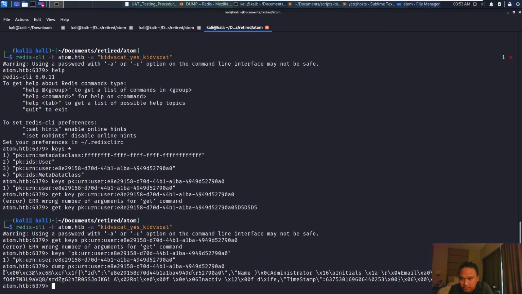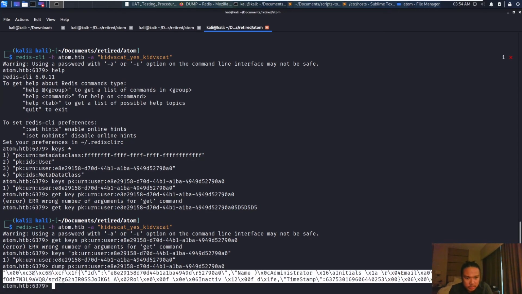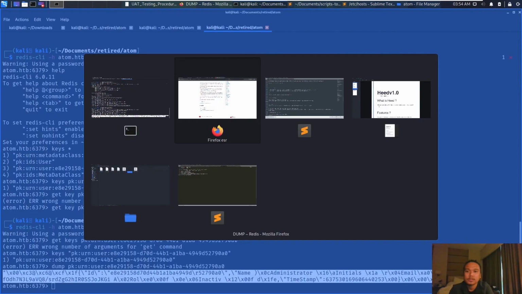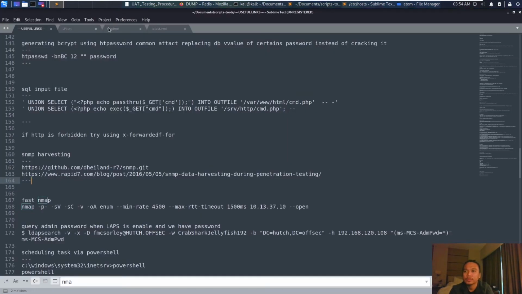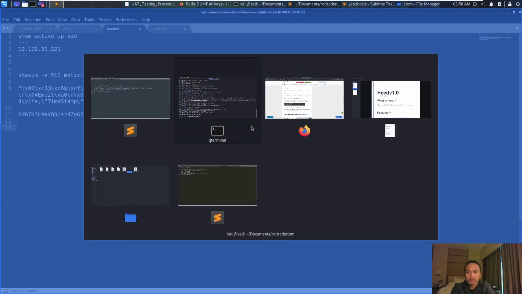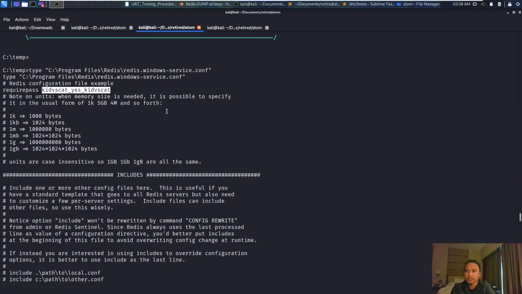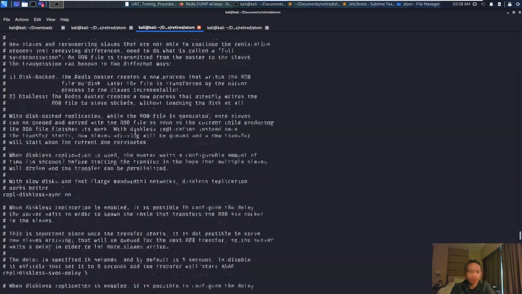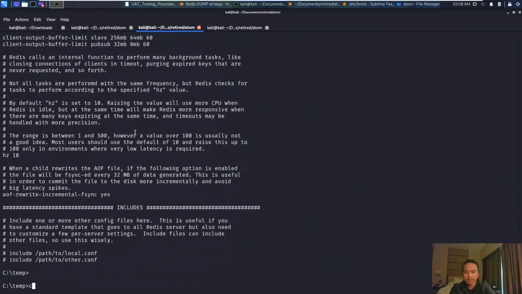So if we actually try to take this information and just put it in our notes. We all know that this is going to be an encrypted password. I'm not sure why we have X here. Going back to our shell, remember that we were able to find